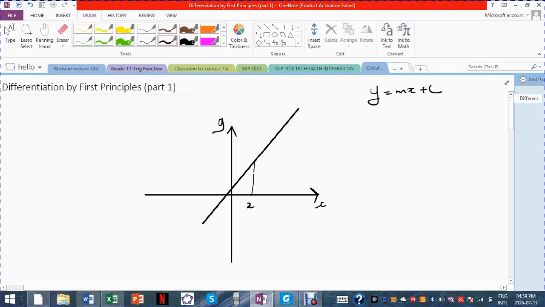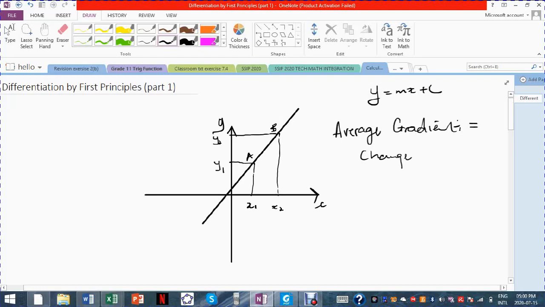2 points, which is x1 as well as x2. x1 will correspond to y1 and x2 will correspond to y2. So now finding a gradient between 2 points means we're talking about average gradient. Okay, so it's a gradient between 2 points, which equals